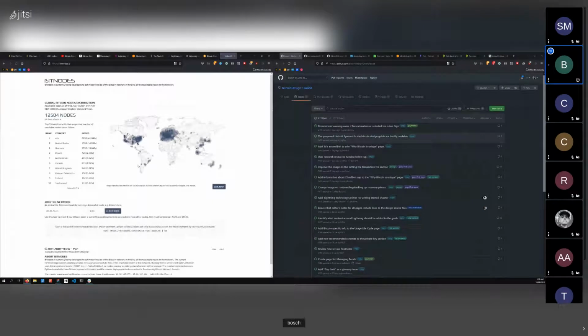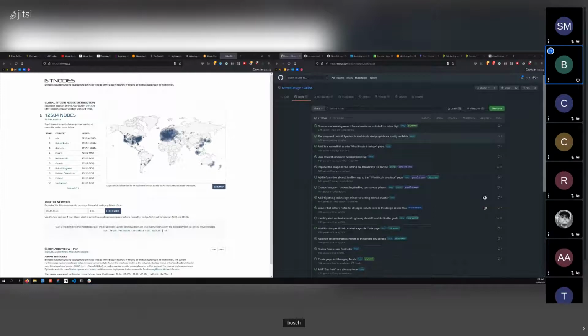Or you can go on the website and check your node. You put your IP in and check, and it'll tell you if it's there. And I think it'll actually include it in this database. So at the moment, there's 12,500 listening nodes, which are nodes that are receiving inbound connections and relaying blocks